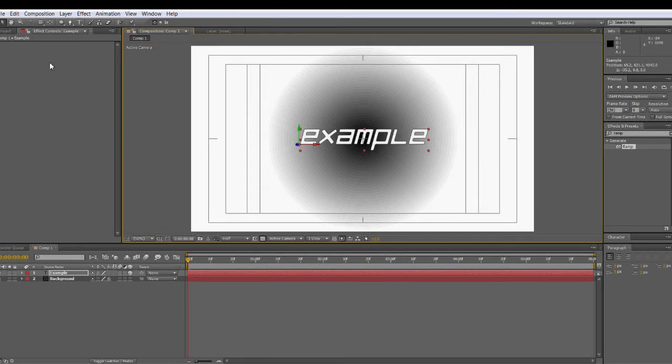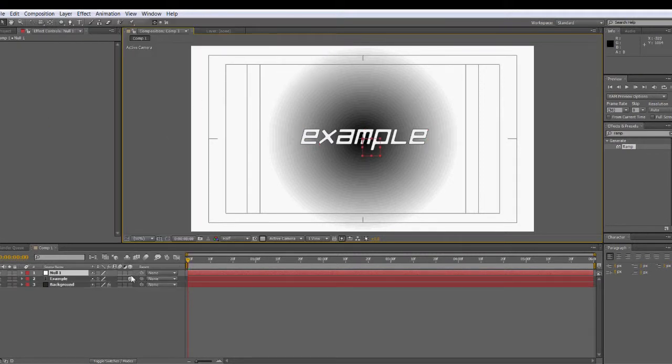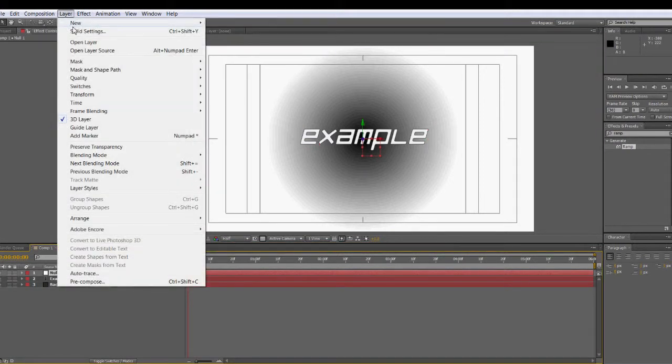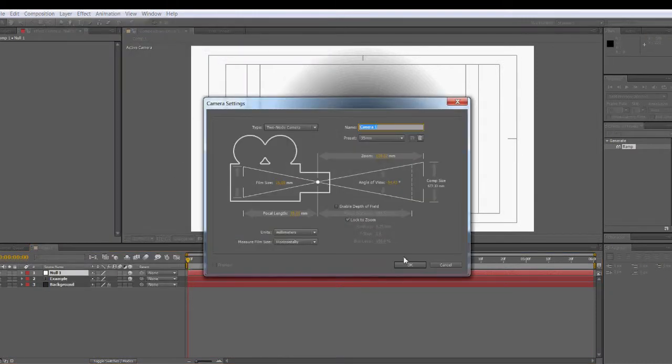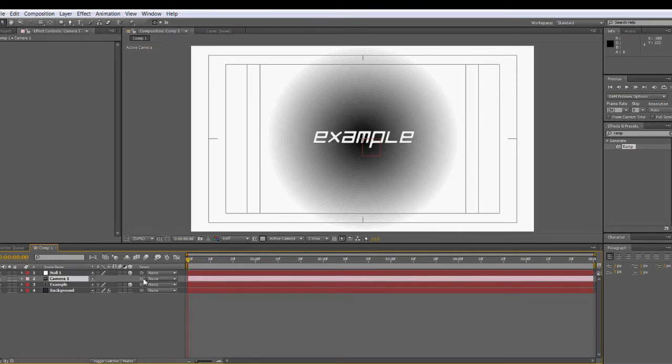Now we're going to make a new null object, make this 3D, and then a new camera, 35mm, don't change anything else. Okay. Move this down under null, grab this parent object icon and drag it onto the null object. Now the camera moves to a null object, so we're going to go into the null object settings, transform,